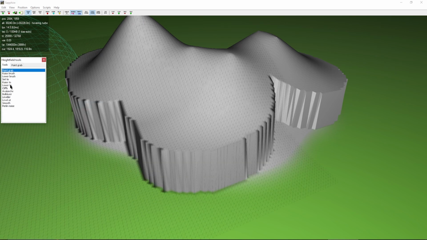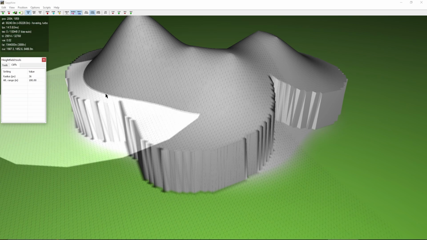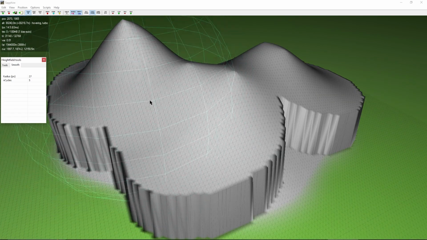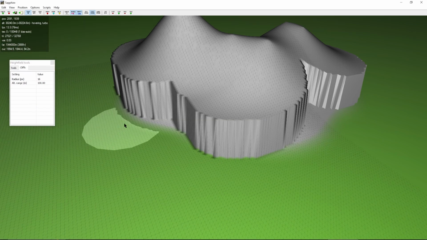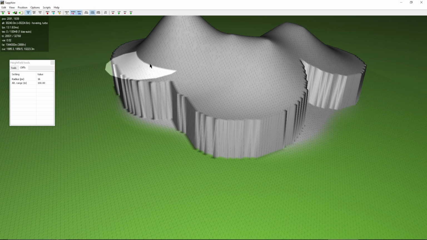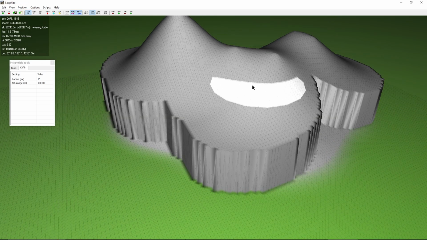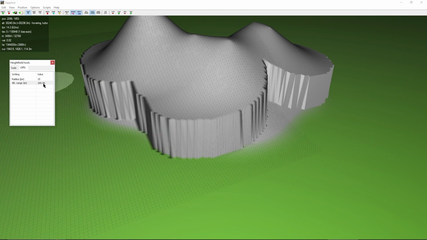So we're going to come down here and go to the cliffs tool, and if you look on here, we switched out of the cliff tool. Hang on. Sorry about that. So the cliffs tool is basically like a set of saw blades that are parallel to each other. And I've noticed they work best when you